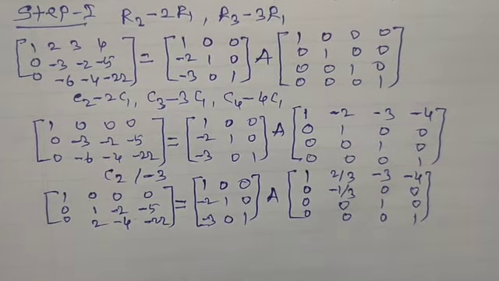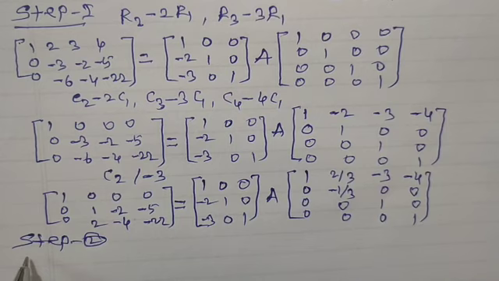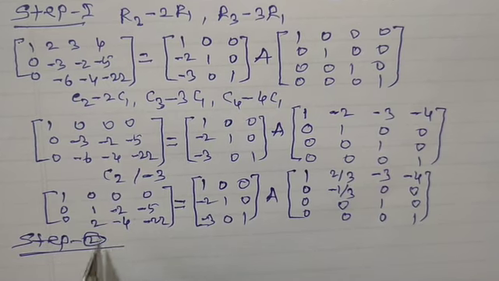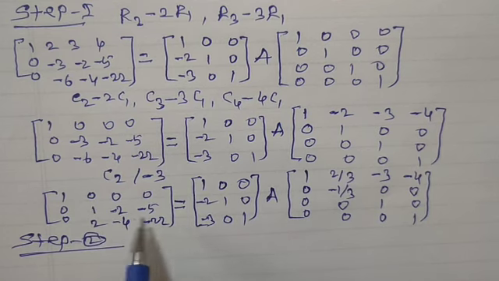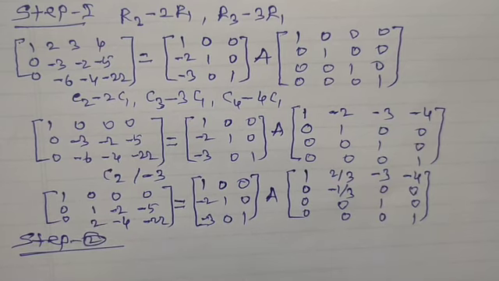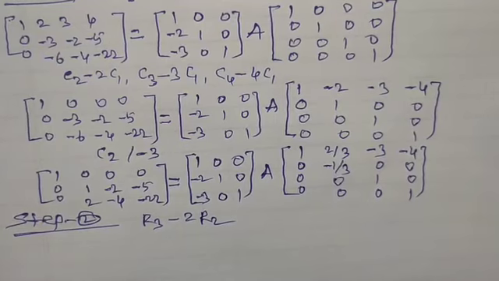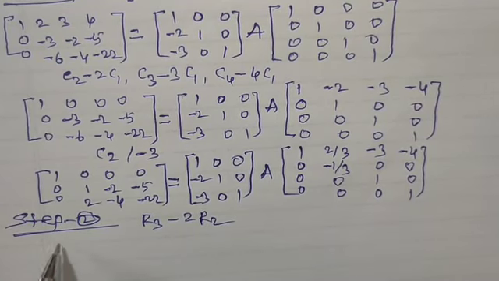Now we can start step number 2. Step 2. In step 2, we have to reduce this element to 0, applying row transformations with respect to this element, and then this element to 0, this element to 0, with respect to this element applying column transformations. First apply row transformations. So R3 minus 2 times R2, applying this row transformation, this matrix will reduce to